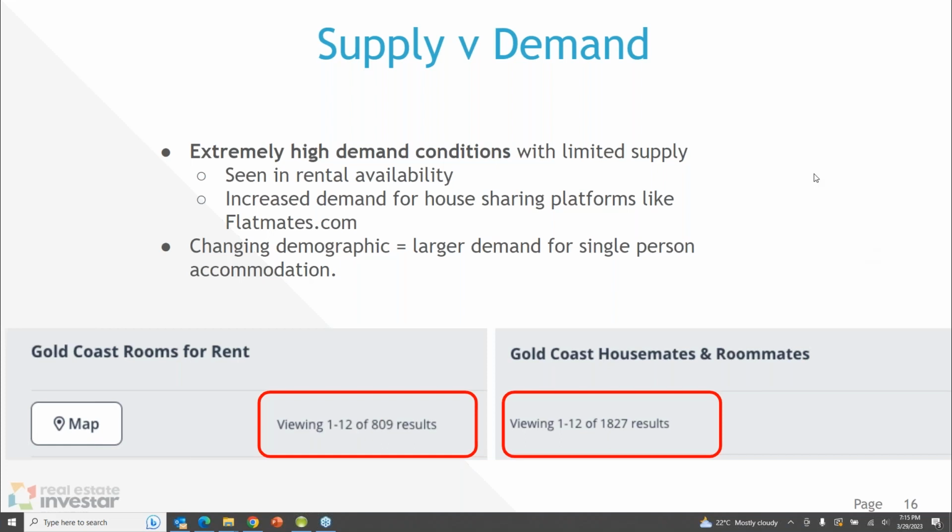Supply versus demand. I'm sure most property investors will be aware of areas where there is a growing population, and that's why when you buy a property, don't just base it on buying the cheapest property in the cheapest location. You really need to understand the long-term fundamentals. I think the most important thing is to invest in an area that is growing in population, because that growing population will drive jobs, infrastructure, and the economy. So we know there's limited supply.